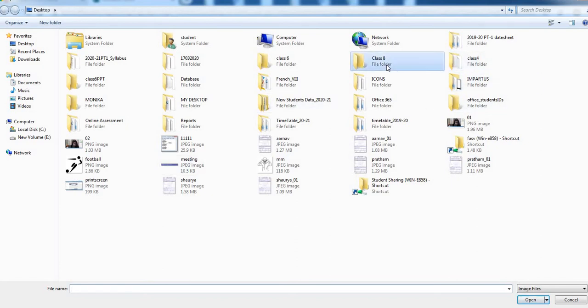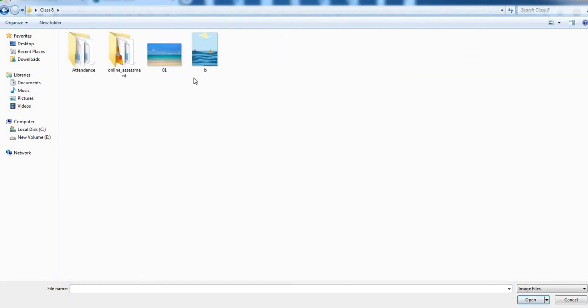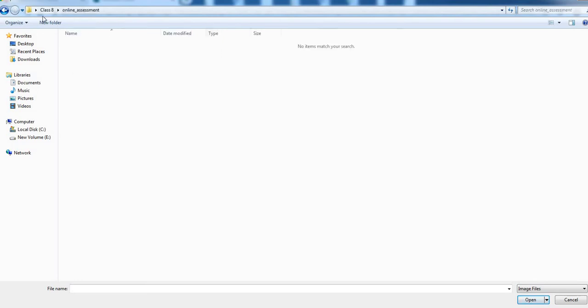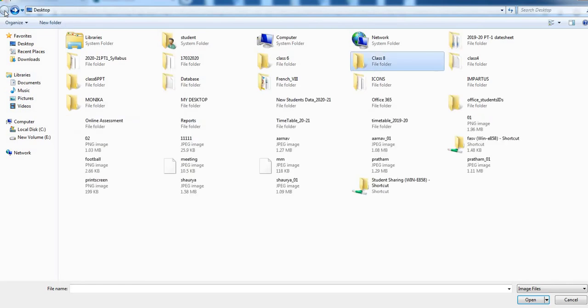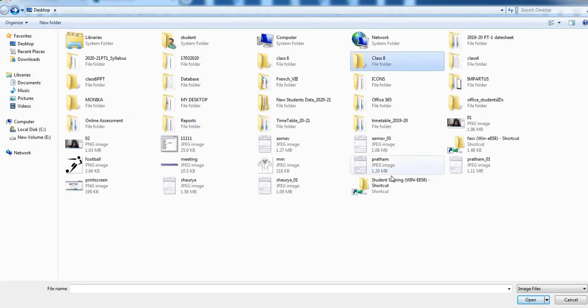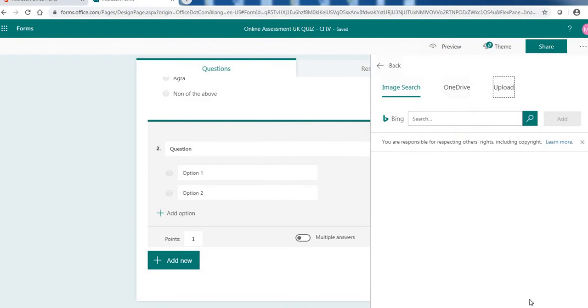There is no image out here. I'm just going to see, there is one image which I have used for my assignment. Okay, fine, it's not coming there, so that's okay. I'm going to select this image and I click on Open.